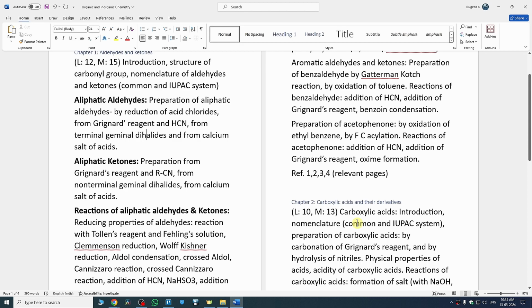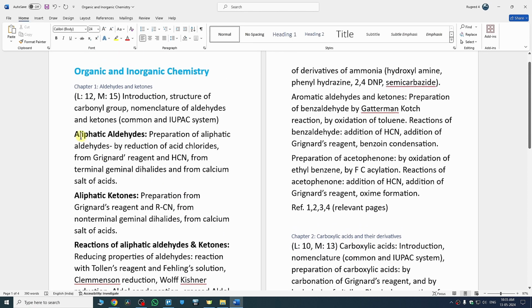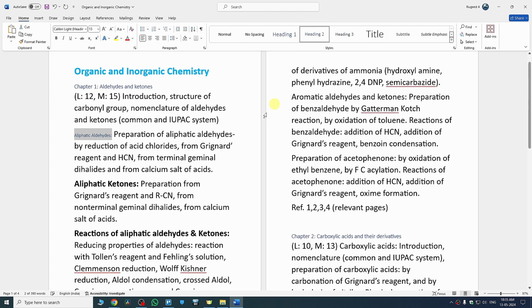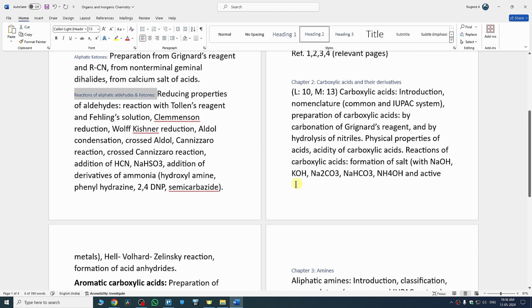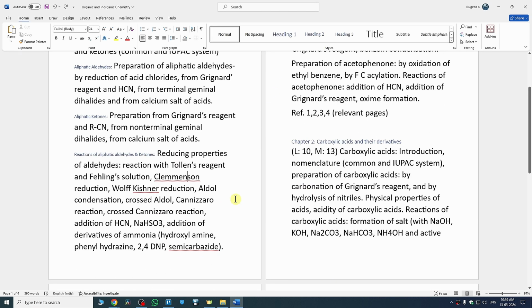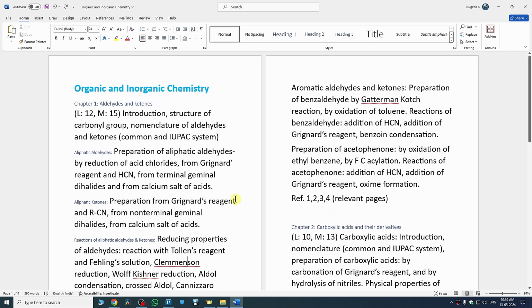So this is how you can give headings, and now we are going to do this for heading 2. This bold text I'm going to make heading 2. So I just have to select it like this and go for heading 2. Once you're done with headings, you need to add a blank page, because on that page we are going to add